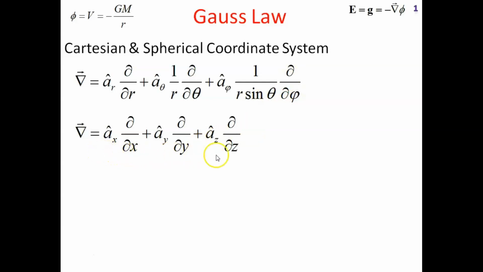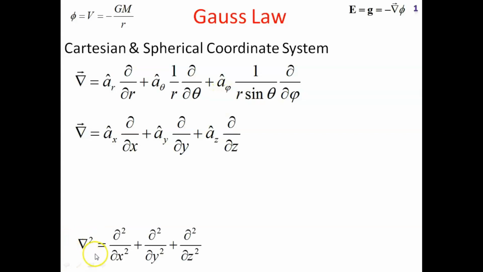So in case of x, y, z, the multiplying factors are 1, 1, 1. Therefore, nothing is appearing seriously in this equation. Whereas in case of r, the multiplying factor is 1. In case of theta, the multiplying factor was r. So we are considering here the reciprocal of that multiplying factor. And in case of phi, the multiplying factor was r sin theta, and here we are considering the reciprocal of the same quantity and then applying differentiation with respect to the concerned variable into the unit vector along that particular variable.